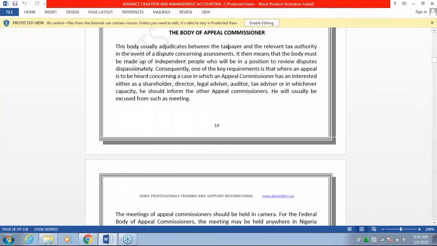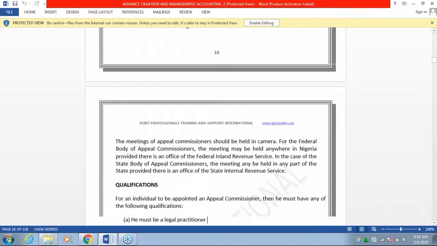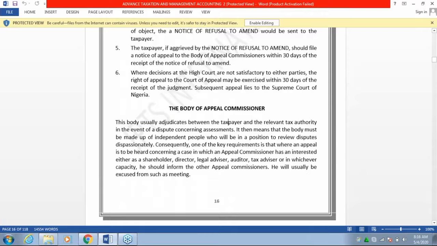Now, the body of appeal commissioners, who are those people that constitute the appeal? This body of appeal commissioners usually adjudicate between the taxpayers and the relevant tax authority. So they are just a mediator. They are in between the taxpayers and the tax authority in the event of a dispute concerning the assessment. So that means that this body must be made up of independent people who will be in a position to review this dispute